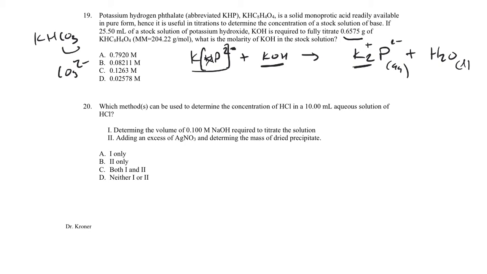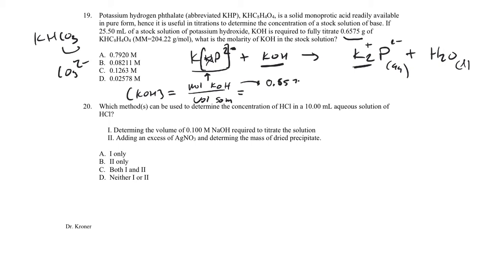Now what we can work out is from the given mass here, we know how many moles of acid there were. So we can determine the concentration of KOH that we're titrating with. What I would do is I would say, well, how many moles of KOH were present in that solution divided by the volume of that solution would be its molarity. And I calculate the moles of KOH by taking the moles of the acid. I get the moles of the acid starting